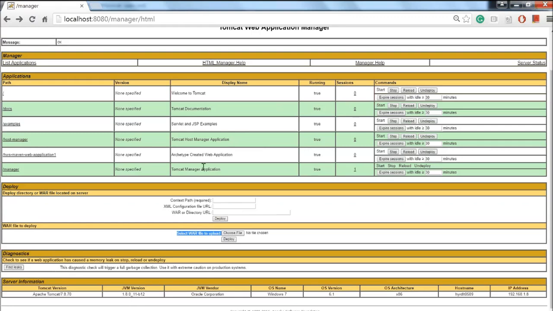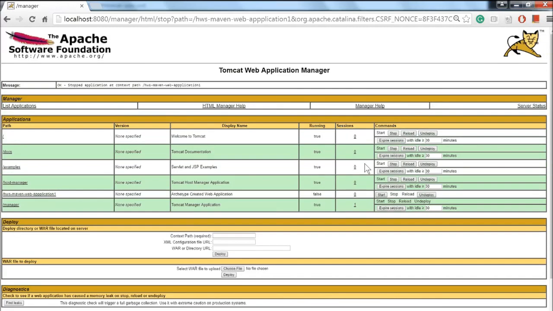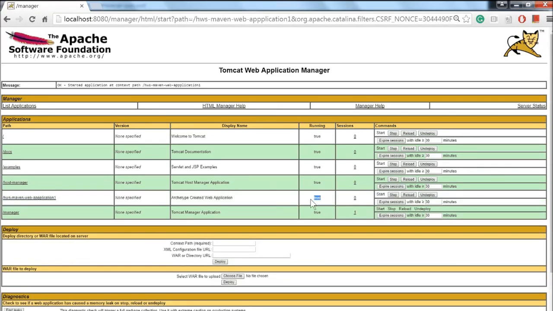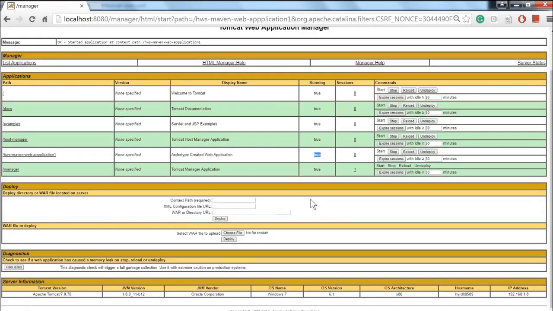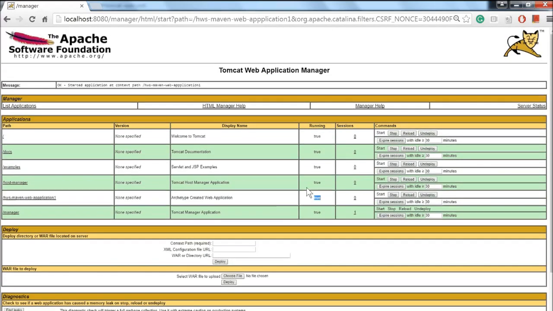This is the server information, and these are all the applications. It asks whether you want to stop a particular application. So let me try stopping this Maven application which I created in one of my tutorials. I'll say stop, right? It says running is false. Now let me say start, so it should become true. See, here it is. It's pretty fast. I mean, it's a pretty lightweight container. And this is all from this video.